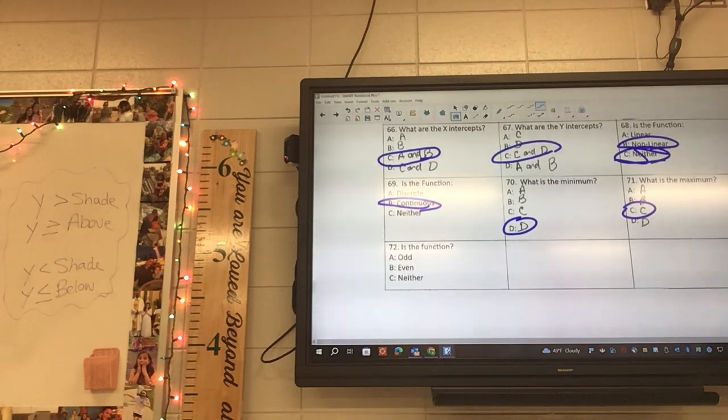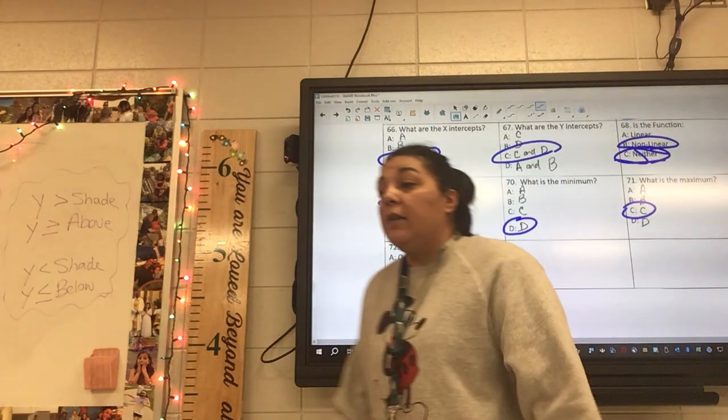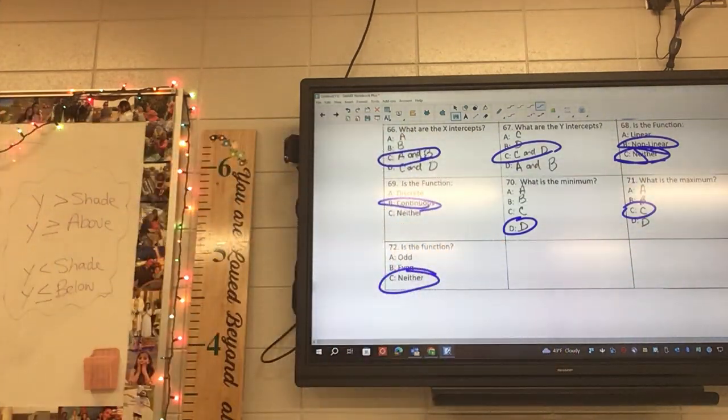Okay, is this odd, even, or neither? Neither. So if there are no arrows for odd and even, that's going to be neither. Okay, the rest of the sheet is for you guys to do. Go through and get your